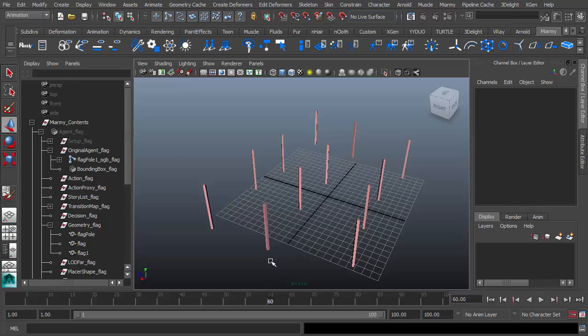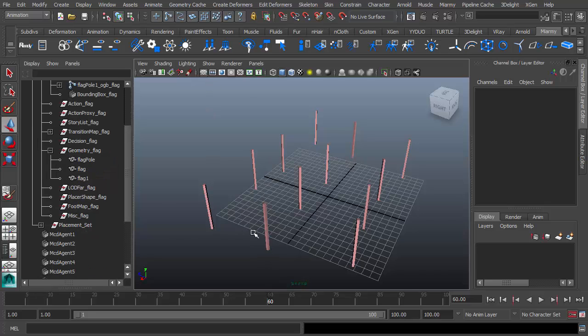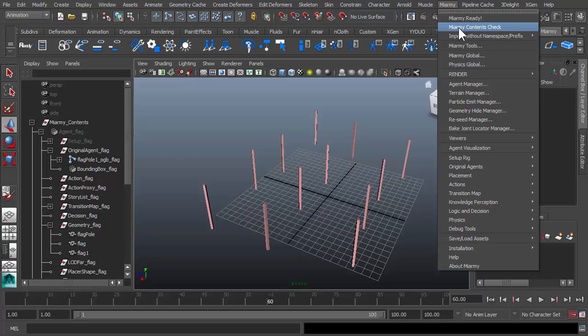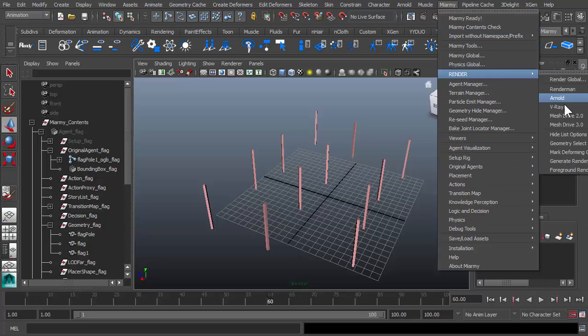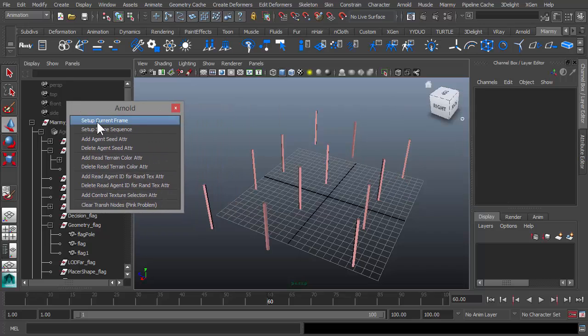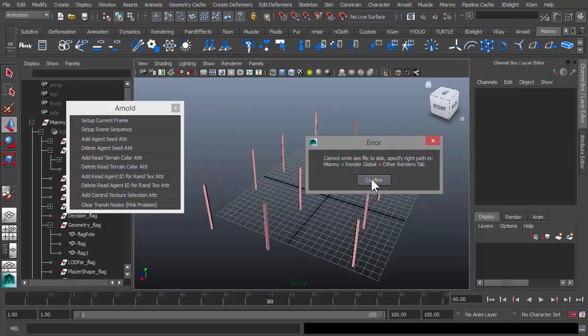this 60 frame. Because there's no movement on this agent and no logic, we can directly export the render content without making the agent cache. So let's do that. And here, render the Arnold. Let's tear this off and put it right here and set up current frame. And